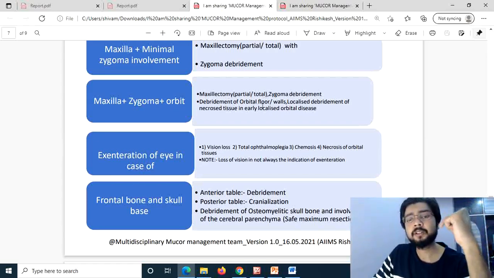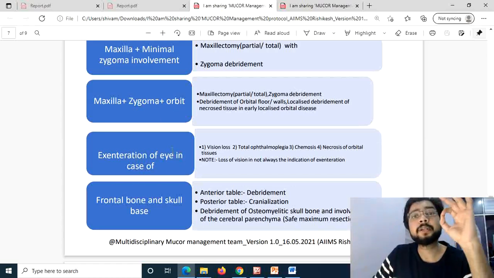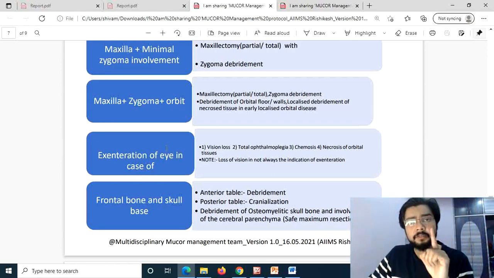So debride the orbital floor, walls, whichever is involved. Localized debridement of the necrotic tissue in early localized orbital disease. If only some muscles are involved, you can debride them with the micro debrider. There is an instrument called a micro debrider by which you will remove that necrotic part with the help of an endoscope. Exenteration of the eye only in some particular cases, when there is vision loss, when there is total ophthalmoplegia